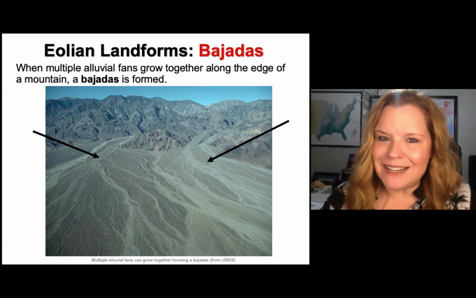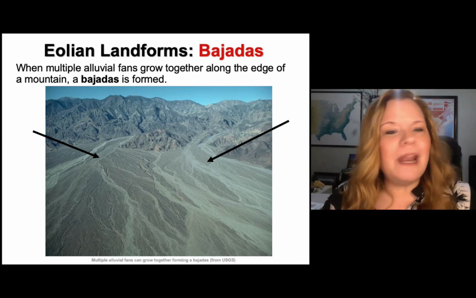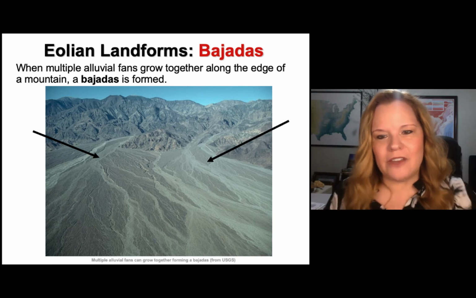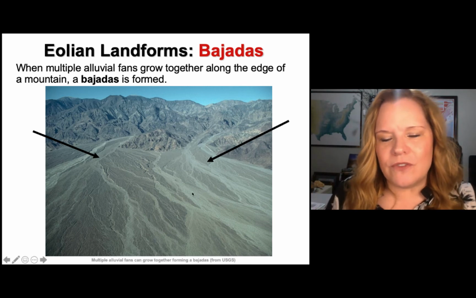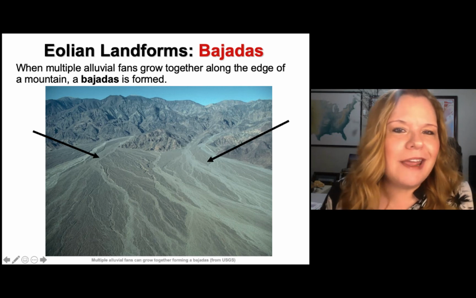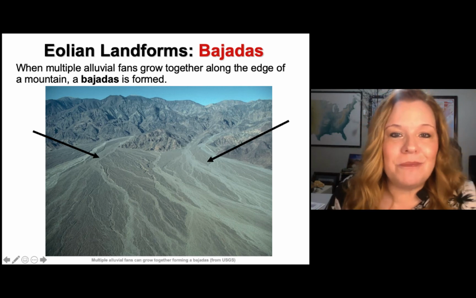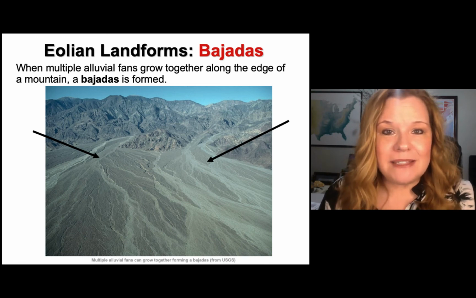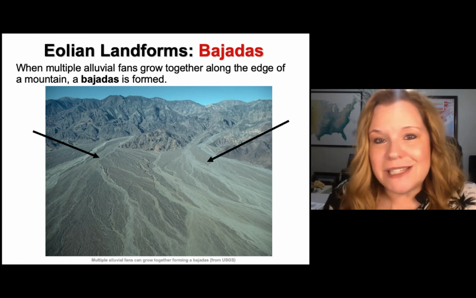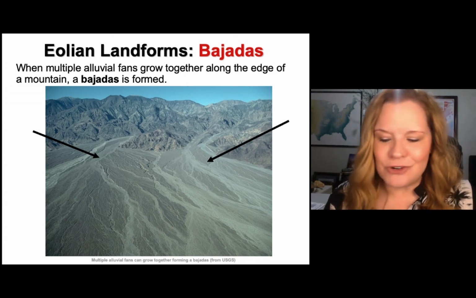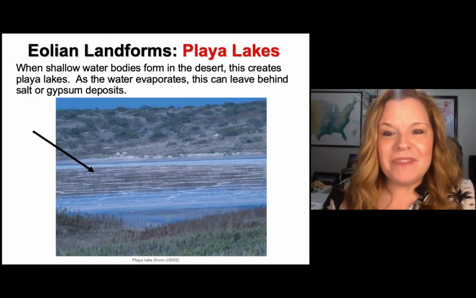And we've talked at length about that in this course. But I like bajadas because they're kind of neat where all of these alluvial fans kind of join together. So you see an alluvial fan coming this way, one from this mountain, one from here. I'd compare that to what we see when valley glaciers enter the same basic lower valley and you start to see medial moraines. It's kind of like what you're seeing here with desert alluvial fans.